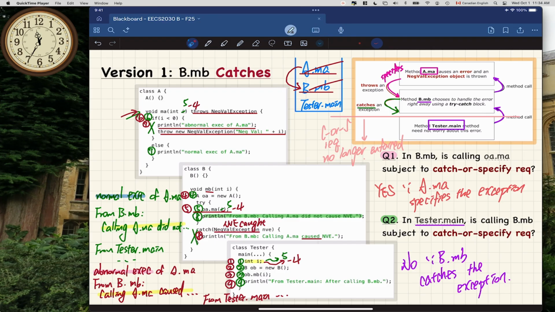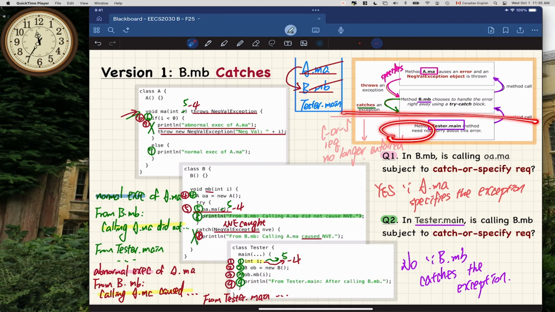All right, so we basically talked about 3 versions of the example there. It's a very simple call chain with only 3 methods there, right? So version number 1, okay, first of all, the method where the exceptions originated, we usually just specify it. We don't really catch that. So that means the exception will be thrown to the next caller in the stack, which will be B. And this method here will be subject to catch or specify requirements, in which case, in version number 1, we choose to catch it. Meaning that beyond this point, after b.mb, we are no longer subject to catch or specify